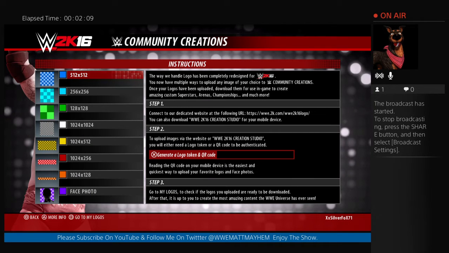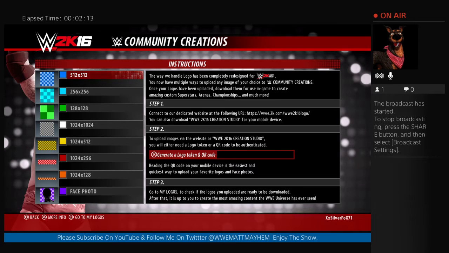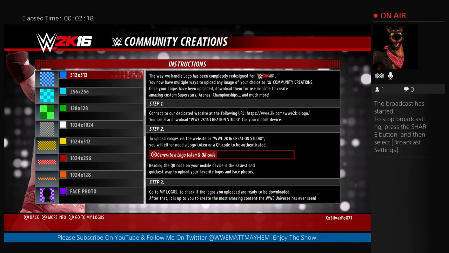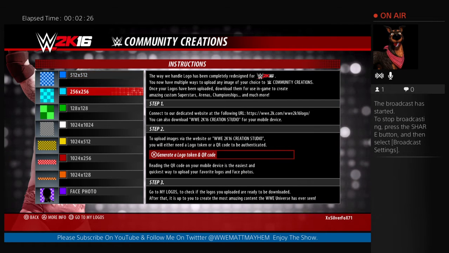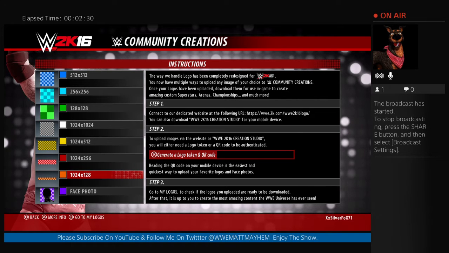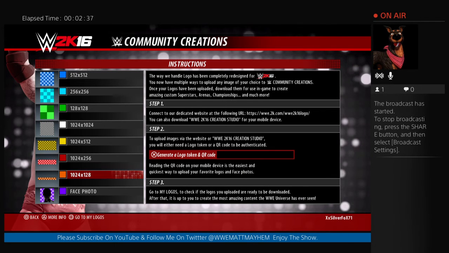You will go to logo manager, okay, and this is the first thing to do, is to jump on your logo manager and follow the instructions that they have printed out here for you. You want to have your face photo, or your design pattern, whatever you want to put on your superstar, and you want to connect to their dedicated website at